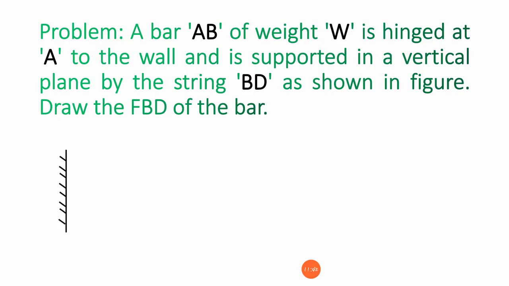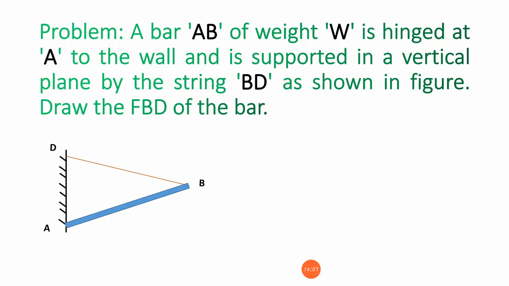So in this case, first I have taken a vertical wall or vertical plane, and this is the prism, one bar we have taken, A and B. So then in this case, what will happen? A is going to be fixed in the vertical wall, and B we kept a little inclined, and the string was connected to the vertical wall at the end of the bar B. So that is the string. So now we need to draw the free body diagram in this case.